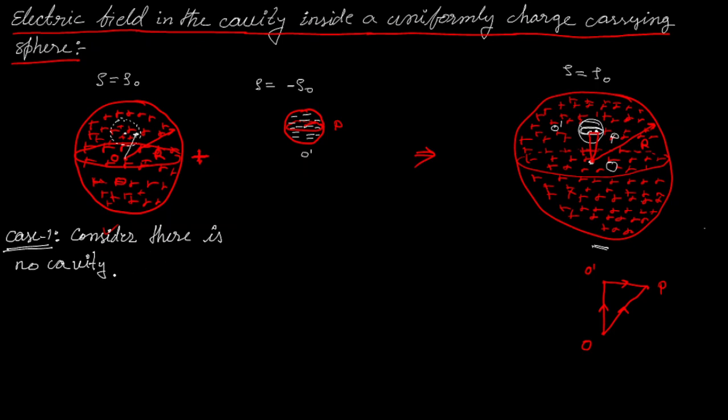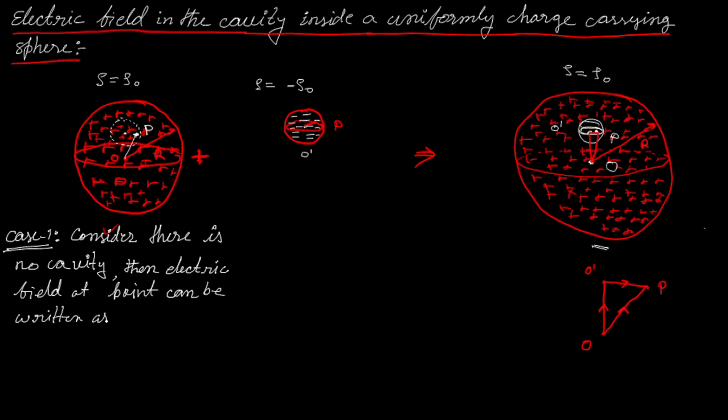If there is no cavity, then what will be the electric field at point P? So this is the point P. If I want to calculate the electric field at this point,